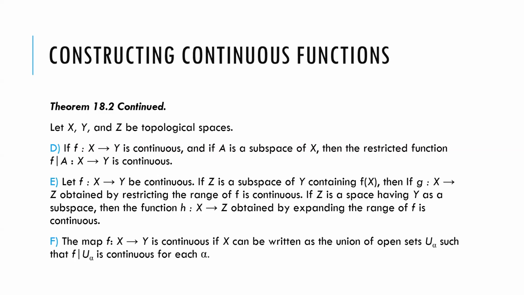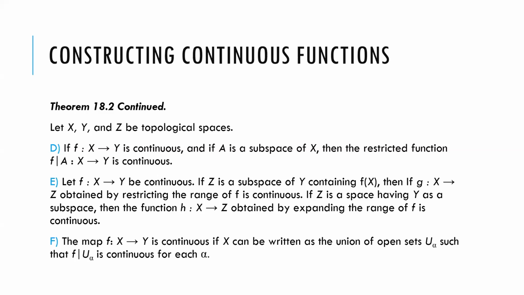So if Z is a subspace of Y which contains F of X, and G maps X into Z, then G would be continuous. And if Z is a space having Y as a subspace, then H mapping X into Z, which would technically expand the range of F, would also be continuous. And our last rule